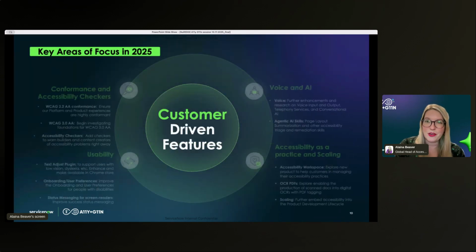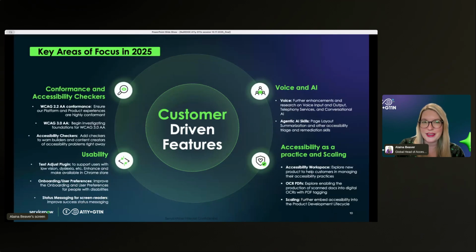Now, I'm going to quickly go over some of the key areas of focus for 2025 for us. This is one of those slides that it would be a great idea to take a screenshot of if you want to read all this small print later. I do apologize that this one and the next one are pretty busy, but we're going to be looking at